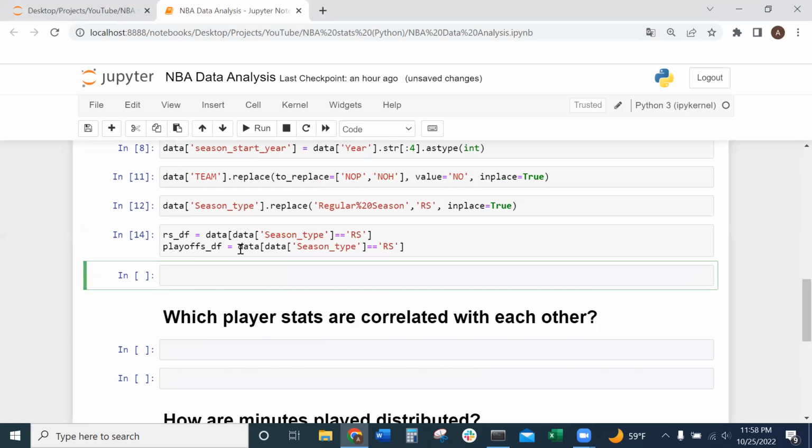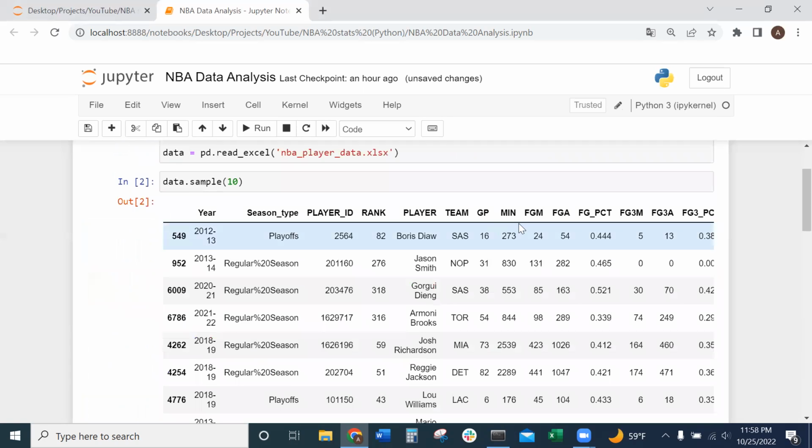Then let's do the same thing for playoffs. Okay. And then lastly, if you go up here and look at our columns here, we have some columns that